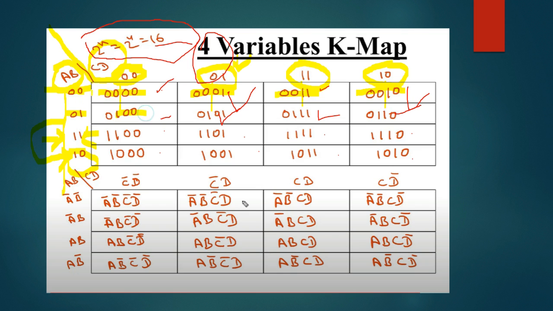What about this one? First I have written down 0 1 0 1, and then I am writing down 0 0. Okay, 0 1, then 0 0. The same goes for this one as well. First I have written down 0 1, and then 0 1. What about this one? 0 1 1 1. What about this place? 0 1 1 0. This is how the different cell values should be written down.